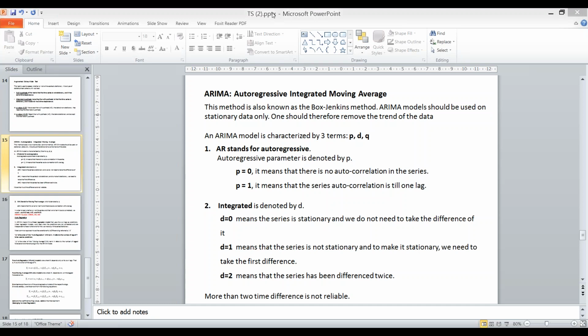Okay then. Then how do we identify the values for